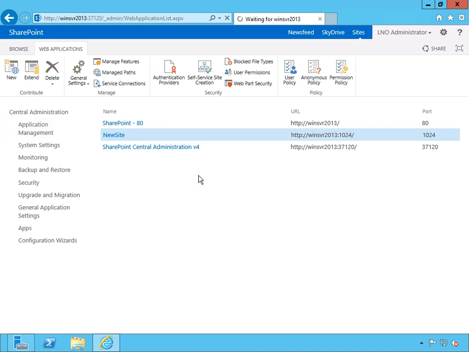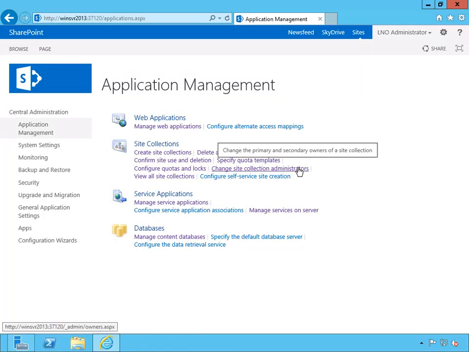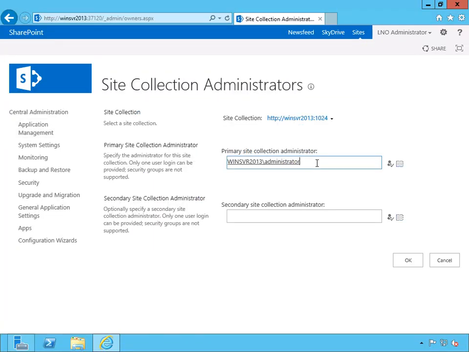Note that even though I am a farm administrator, it does check and make sure that I've got access to the sites themselves. I could give myself access, and I'm going to do that, but it will show up on the logs. This is part of the security system of SharePoint that makes sure that even though it can't keep out people with the right level of access, it can at least make sure that it's visible that those people have been there. So what we're going to do is I'm going to change the site collection administrator to myself, or to my current account anyway, and